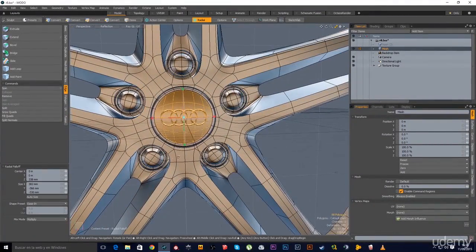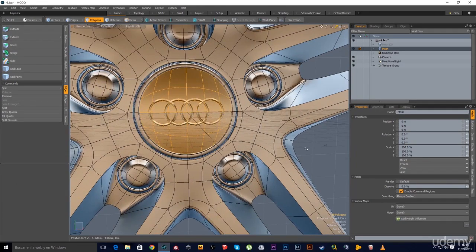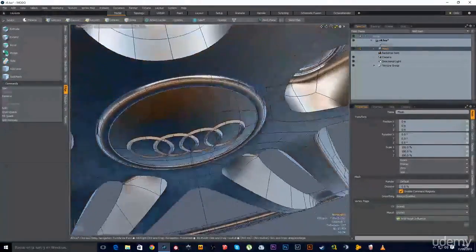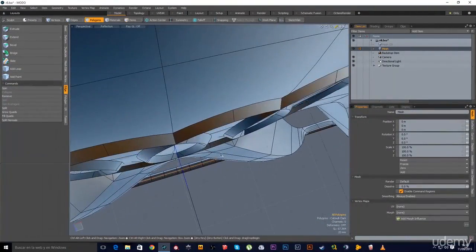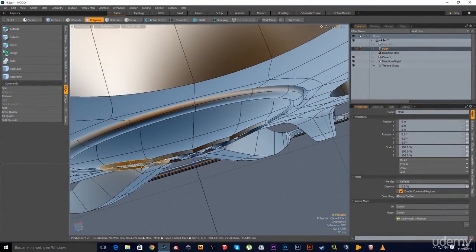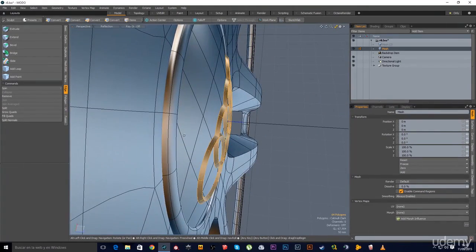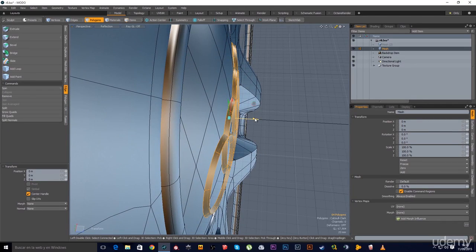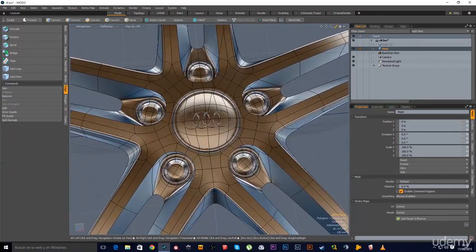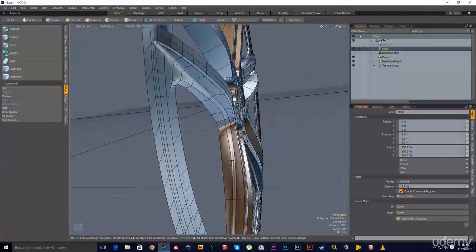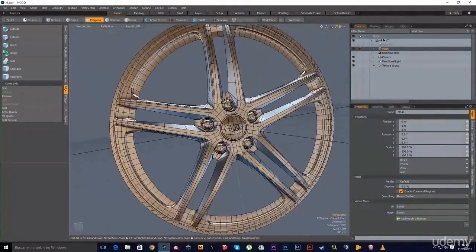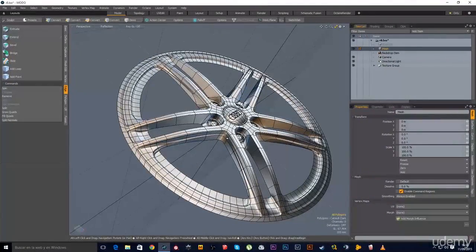Okay, hit space to deselect the tool, then set the fall off to none, and maybe I could select the Audi logo and make sure it's in good contact with the surface, like this. Okay, that looks much better. With these fixes done,